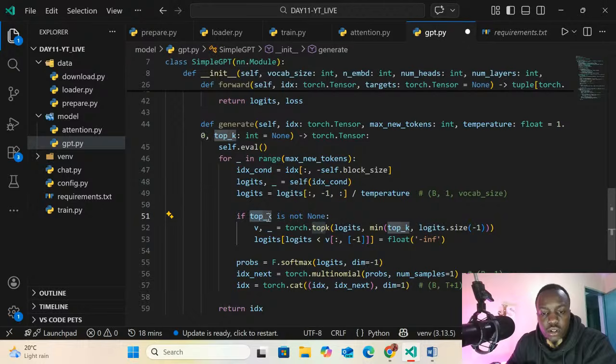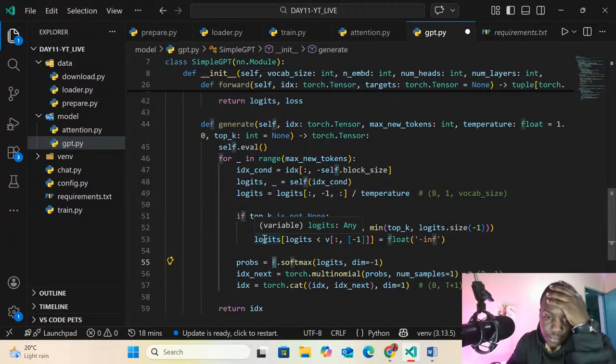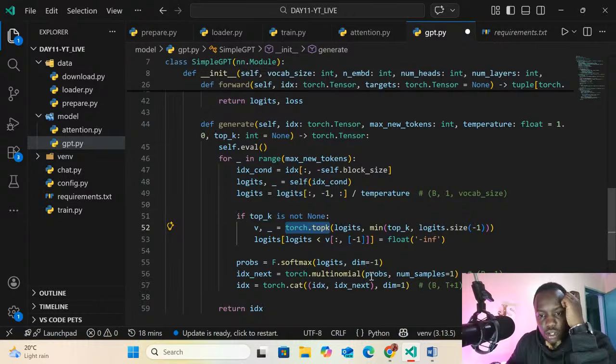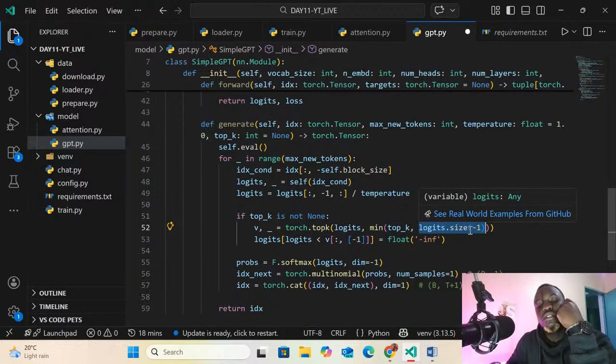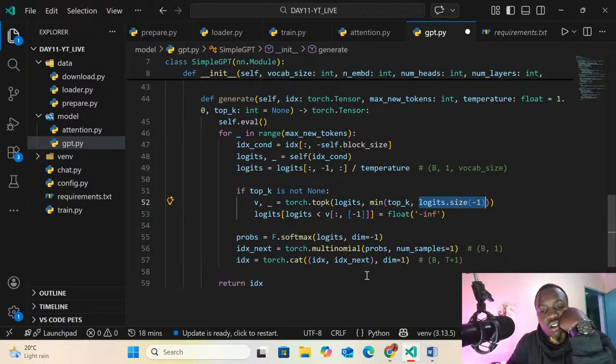Then we define the top token is not one. We can write any variable name here. This one used to be everything in torch dot token logits dot min dot top k. It's just a variable that we defined here. Logits dot size. This code doesn't look like anything. Anyway, I'm also using AI to autocomplete and see how much faster we can build this model.